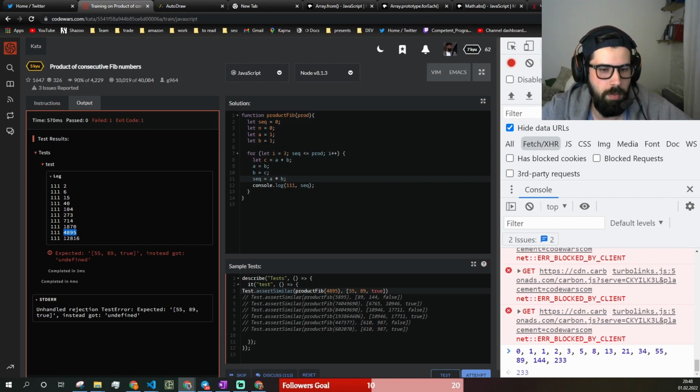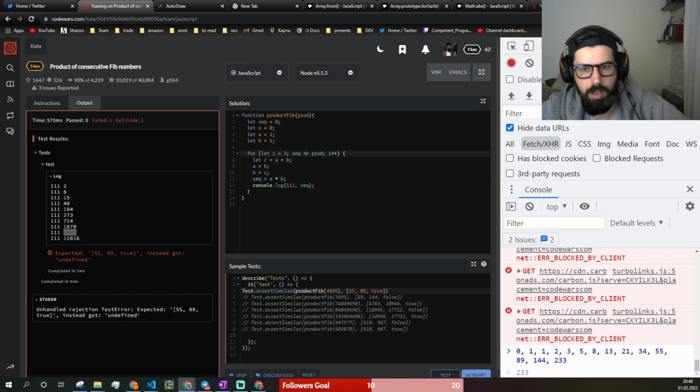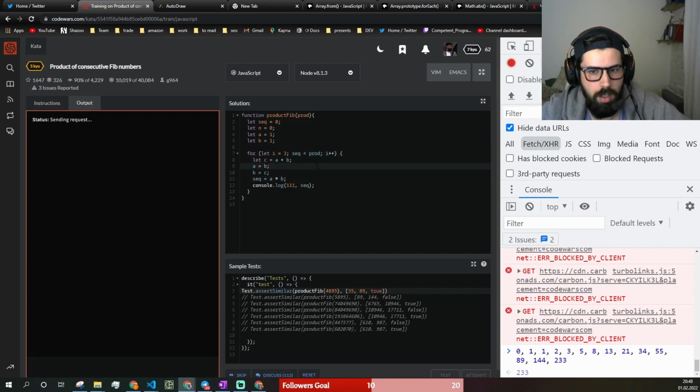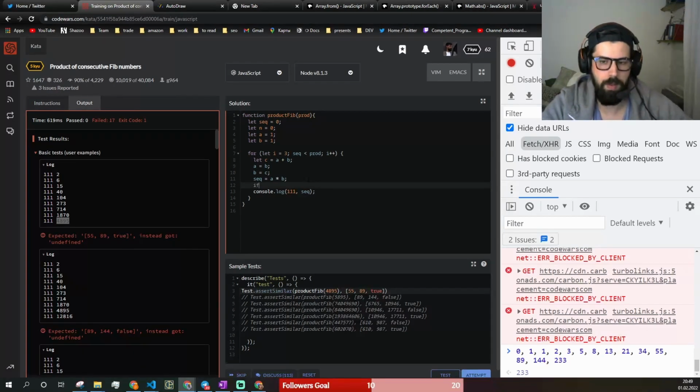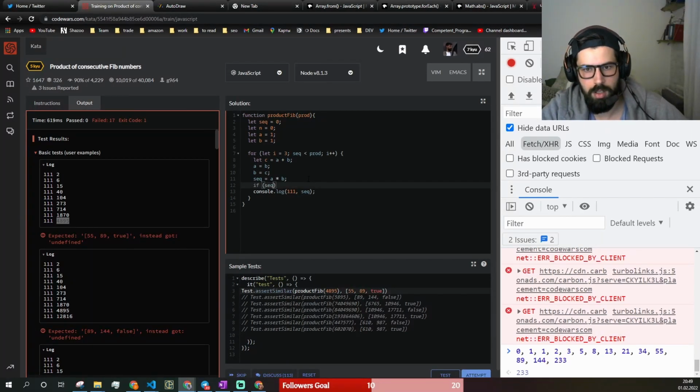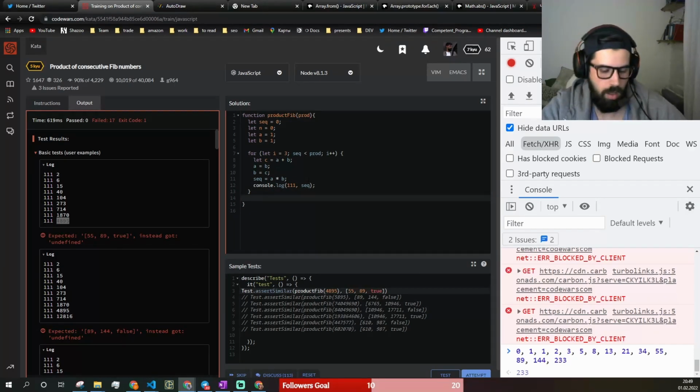But for some reason we went, if we do like that, till it's less. So if sequence, and here if sequence equal prod, then we need